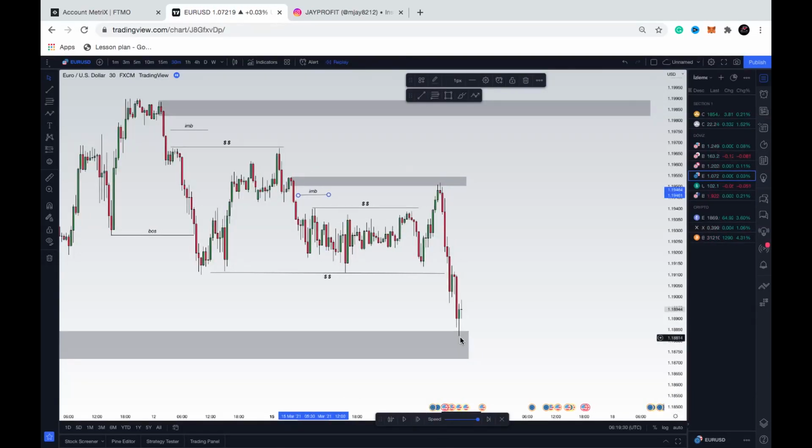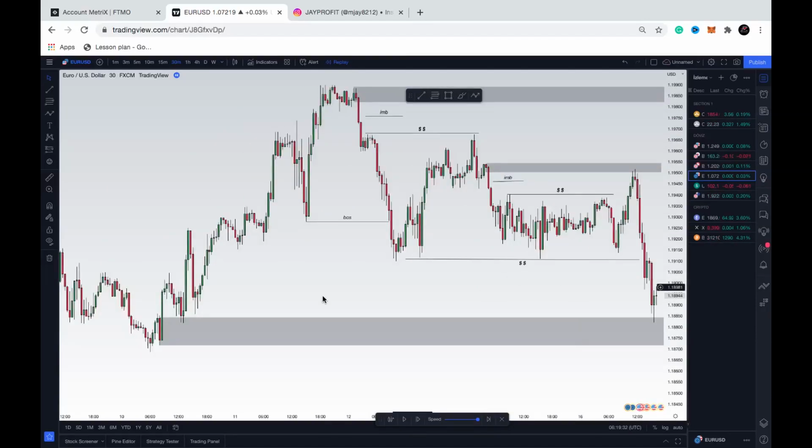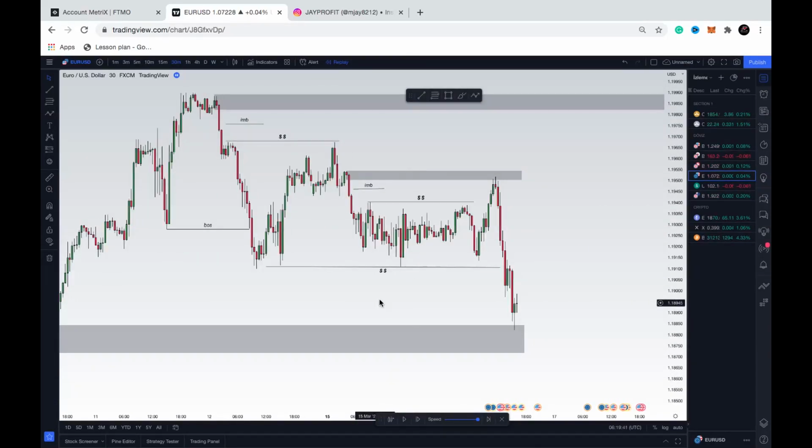It mitigates this area of demand, right? Mind you guys, I have this area of demand. This is a swing low to a swing high right here. So we are between a supply and a demand, right? That's the best setup you can get, between a supply and a demand. As long as you know your direction of the market, then you will know which angle you're taking your trades from, right? So we have this unmitigated supply right here with imbalance, and we have liquidity right here. So what's the next thing that will come to your mind? Market has to take out this liquidity right here before going towards a direction.